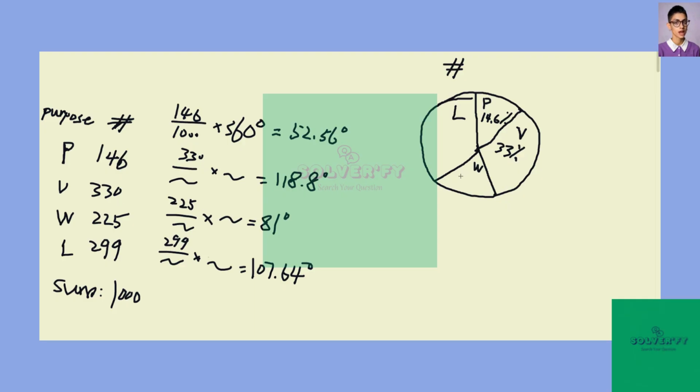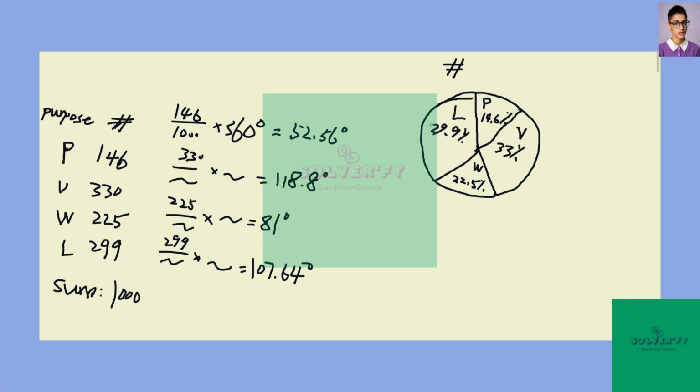For the next one, it is 22.5%. For the last one, it will be 29.9%. And if we add up all of them, we will see that it will give us 100, which is